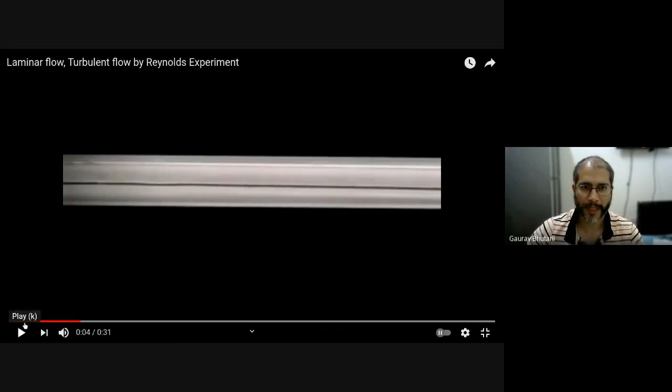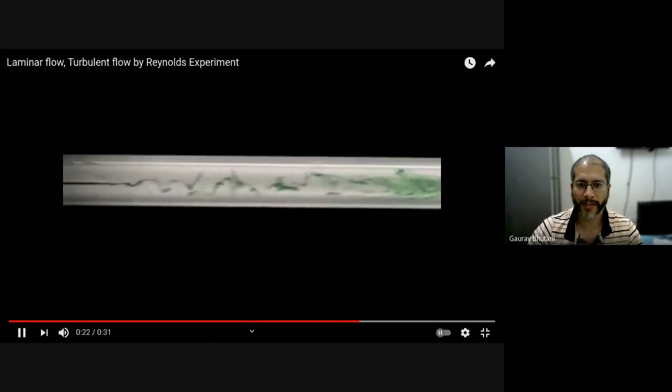And what is being done is gradually the volume flow rate is being increased. So basically the power of the pump is being increased gradually. So see what happens to the dye when the flow rate increases, or the Reynolds number increases. Now we can see that these waves start developing, and as the flow rate is increased further, these waves become much more prominent, and beyond the flow rate increasing very high, you see that there is an increased and enhanced mixing that starts in the flow. It's become extremely chaotic.